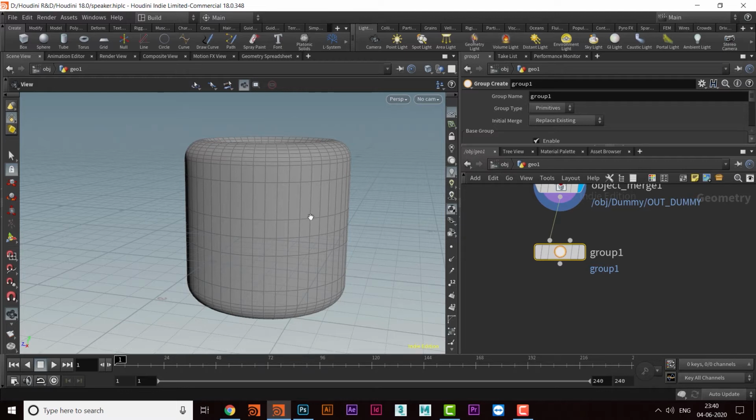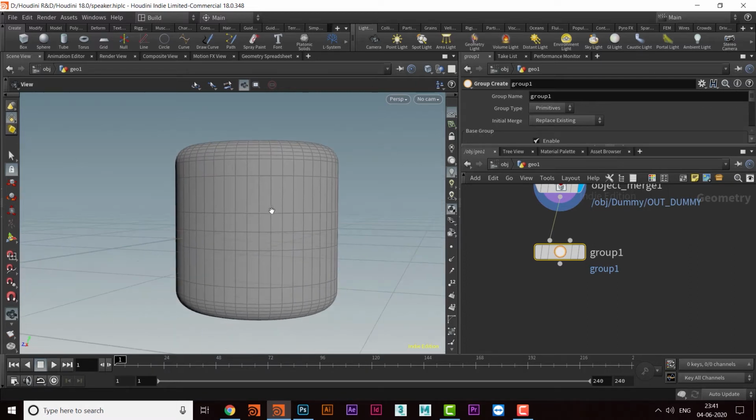Whenever you are doing any kind of selection and you want a particular selection out of the whole object, and you want to do some sort of action on that particular part, that could be points, primitives, or edges, then we are going to use this group. So let's see how that is going to happen.